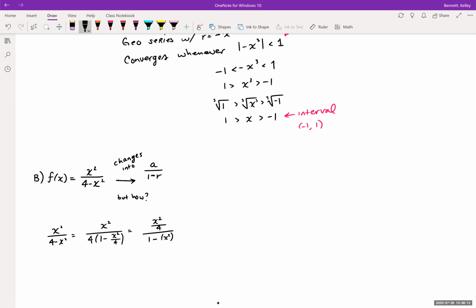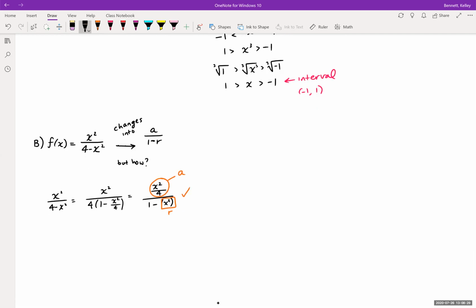So now I'm in good shape because this is my A and this is my R. So we're good there. And now we can go ahead and push it into the sum. So if I want to write f of x as a power series, it really equals, so again, it was x squared over 4 minus x squared, but writing it as a power series,